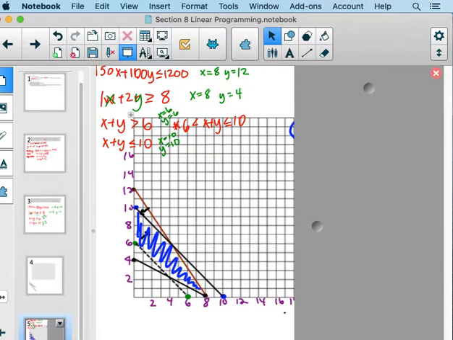So if I go. Yeah, I'm not shading all the way. I stopped. One second, I'm trying to find the feasible